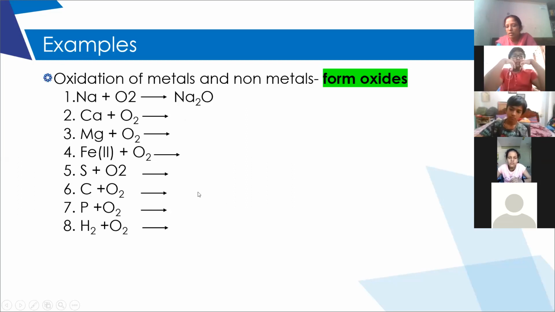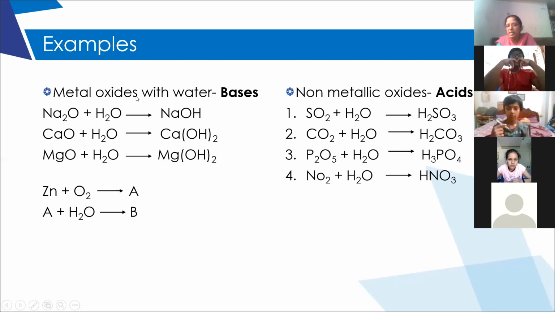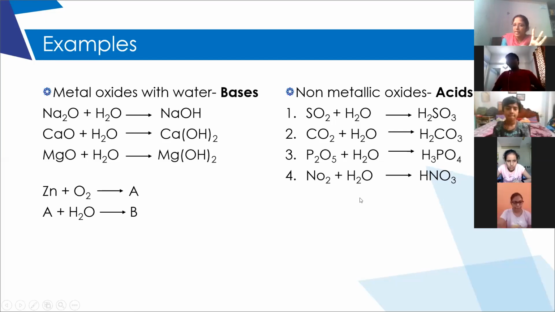Why are they called so? Because non-metallic oxides, when we dissolve them in water, result in the formation of acids. Metallic oxides form bases, hydroxides. All hydroxides are bases. What is an acid, what is a base, you learn in your 10th standard. But the basic definition is that the substance which releases OH minus ion, hydroxide ion, is called a base, and the substance which contains H plus ion, proton, is called an acid. Clear? Just understand till that point in 9th standard.